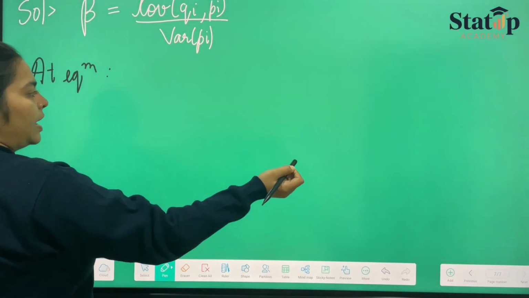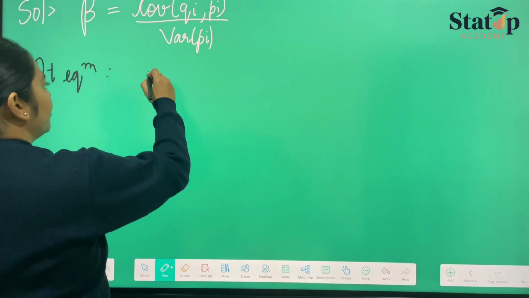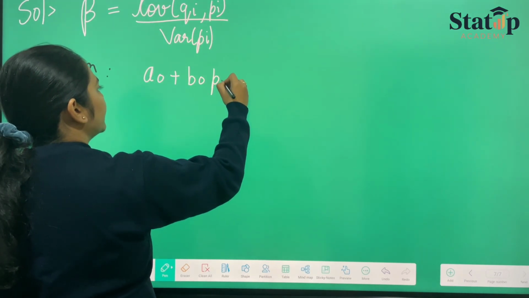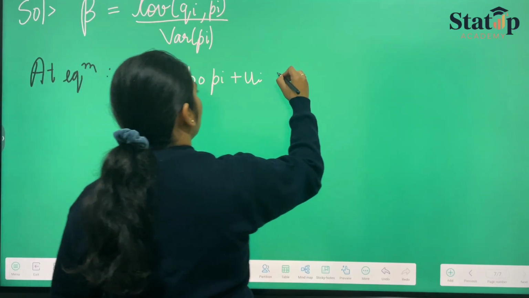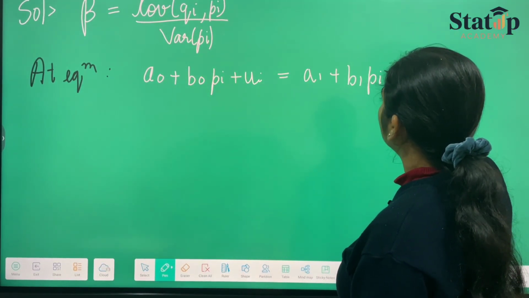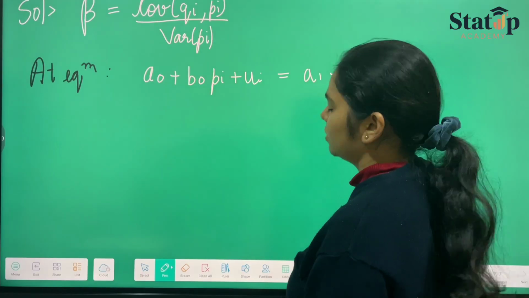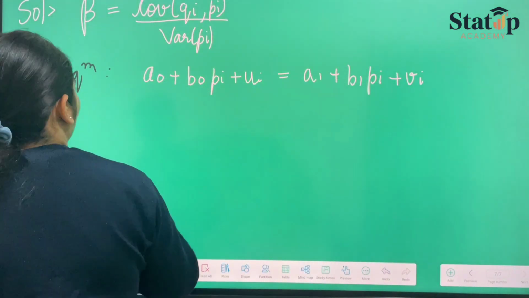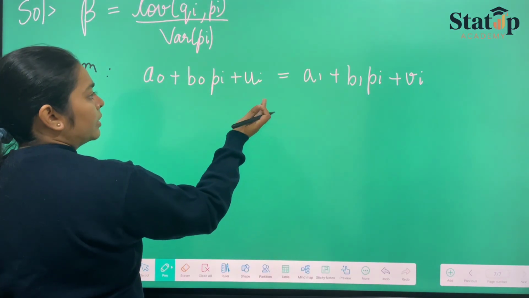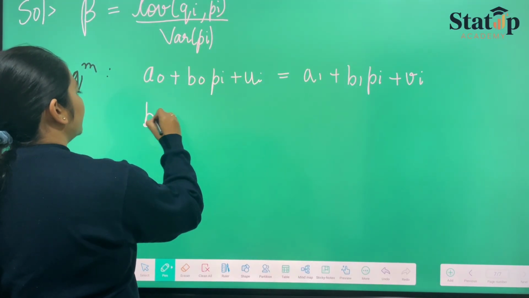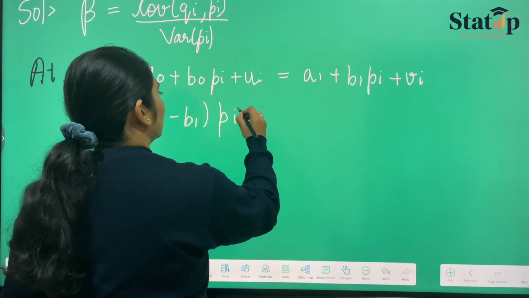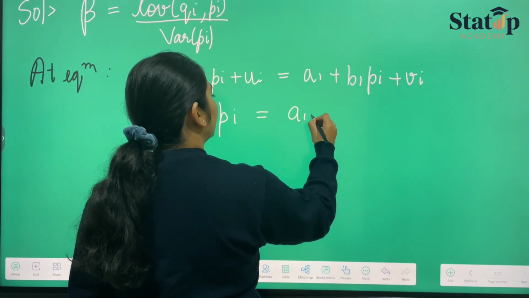These two, the demand and supply functions, will be equal, so I'm keeping them equal. A0 plus B0 Pi plus Ui should be equal to A1 plus B1 Pi plus Vi, right? So taking Pi common, it will be (B0 minus B1) into Pi is equal to A1 minus A0